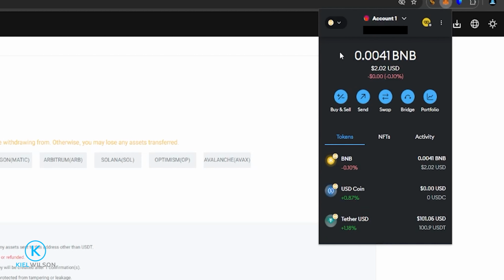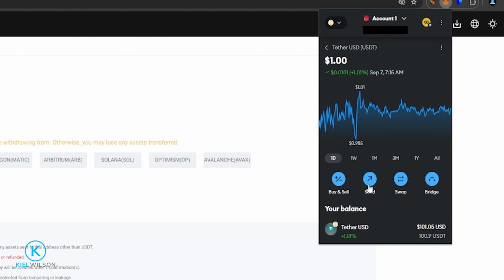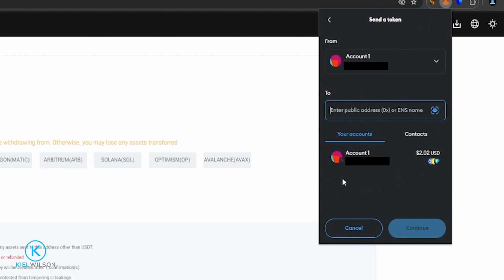Now I've toggled the wallet to the Binance chain, which matches the network that I selected over here on WEEX. So now I'm ready to send some Tether from the MetaMask wallet onto the WEEX platform. So I'm going to come down here, click on Tether, click on Send. Now I'm going to paste in my WEEX deposit address for Tether on the Binance chain into